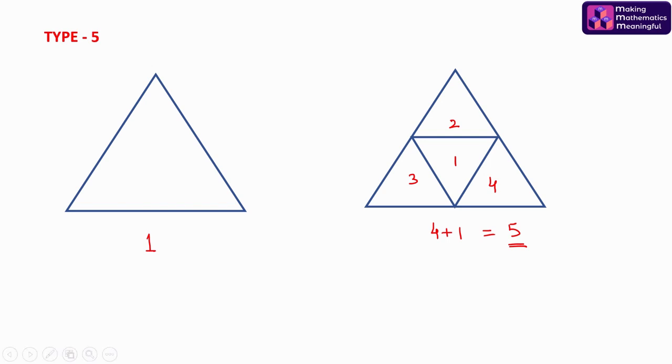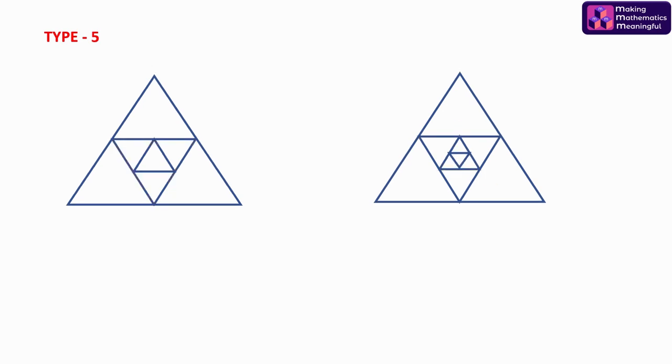In fact, if we consider say this figure, there is a simple rule to get the total number of triangles. Check out that each inner triangle whose vertices are lying on some outer triangle will always give rise to 4 such triangles. So just check it out. This is one such inner triangle and this is another such inner triangle. So each of them will give rise to 4 and 4 triangles, and with the one biggest triangle, the answer would be 9.